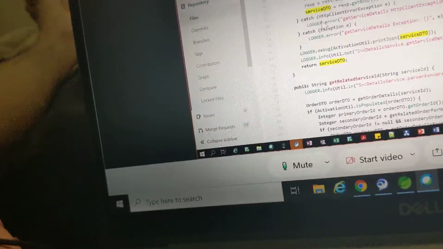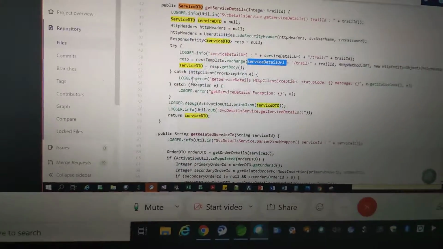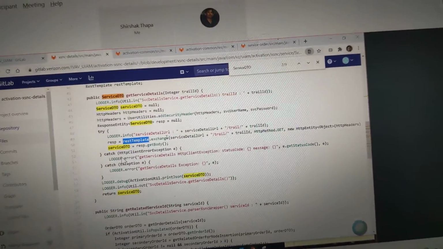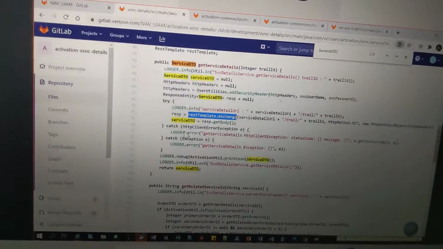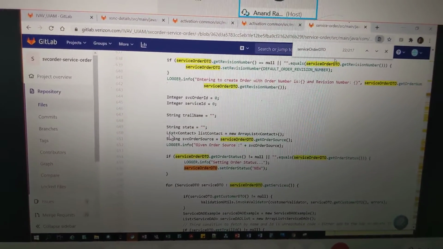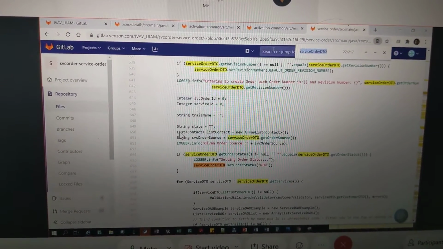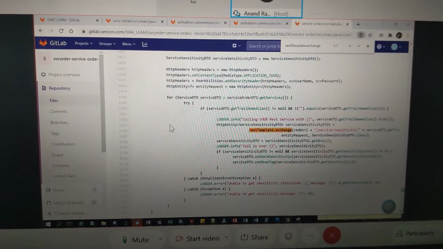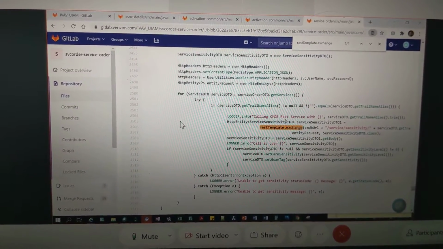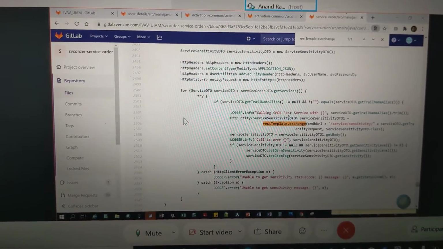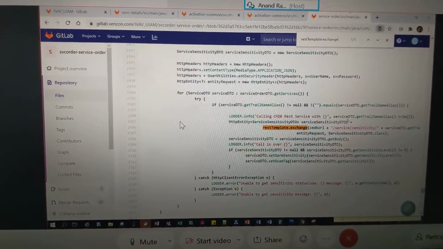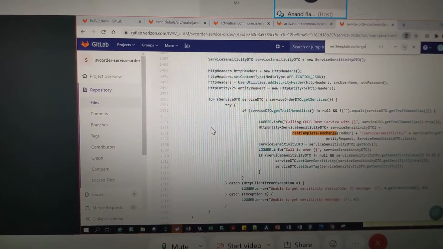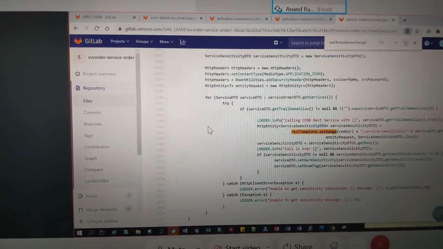Maybe I can check this one. Okay, here it is, service DTO. So I think this is the way you can call the service, but you'll have to find out whether they have exposed